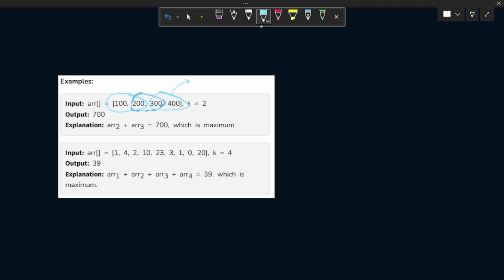So this will give us a sum of 700. This second one will give us a total sum of 500. This one will give us a total sum of 300. So out of these three, we can see clearly the last one is the bigger one. It will give us the maximum sum for a subarray of size 2. Similarly, for this example, if we see